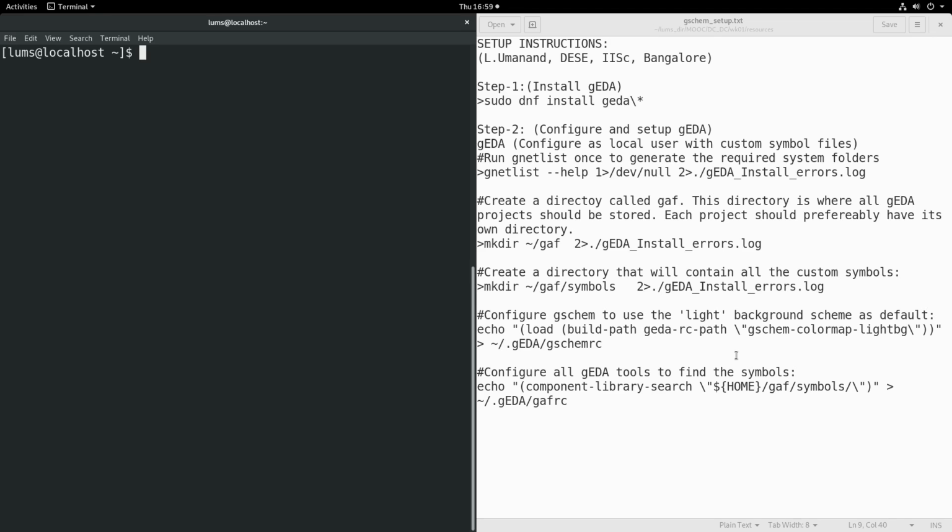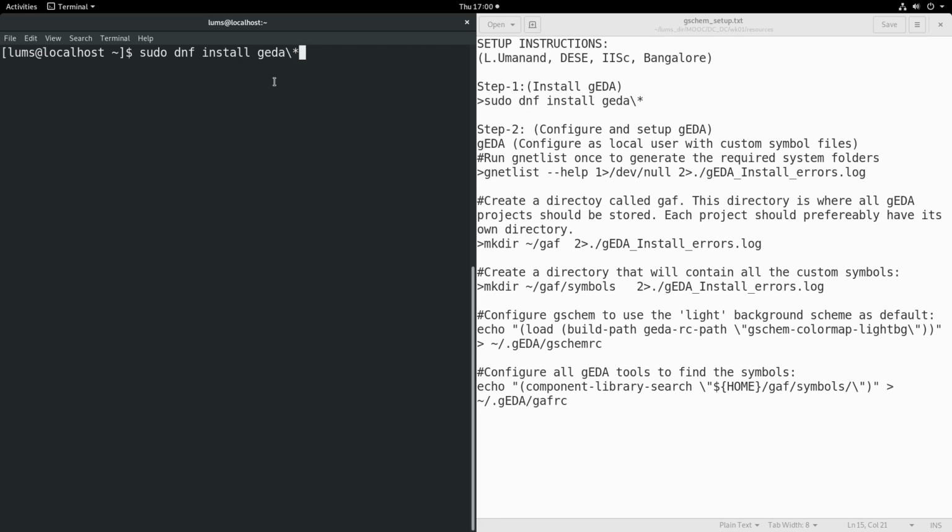We shall now go through the process of setting up gschem for schematic capture. We saw that the CIR file was refactored into the CIR file itself, the netlist file, and the subcircuit file. The netlist file can in fact be generated through a schematic capture. So we will use gschem to do the schematic capture, and for that we will